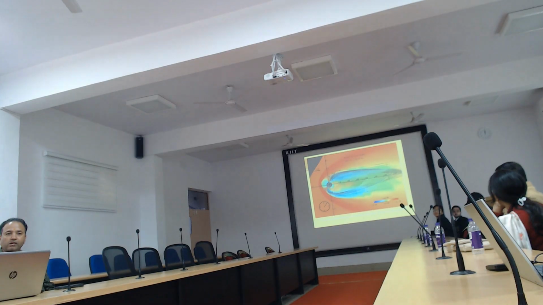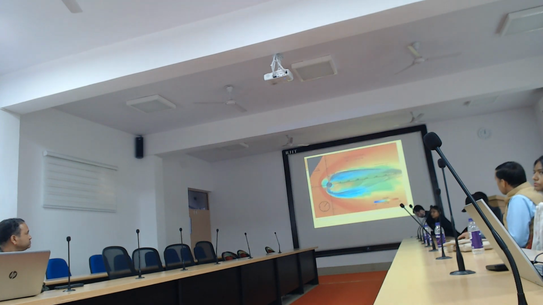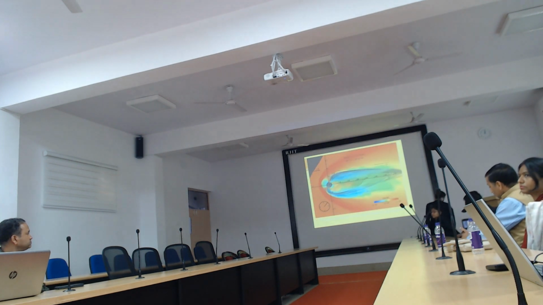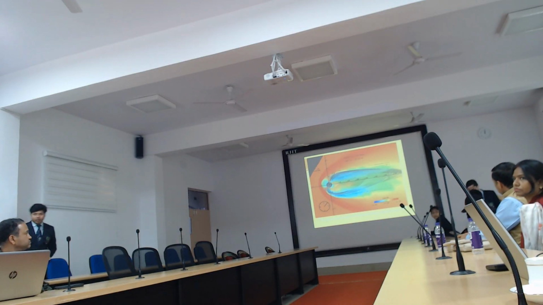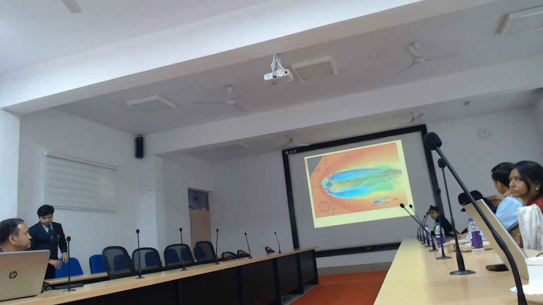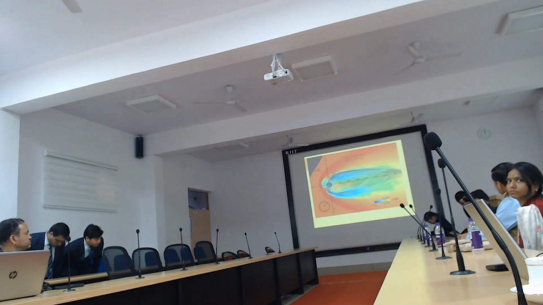So what happens? This is the side from where the plasma is coming. This is sun here on this side. This is our Earth, the polar regions. Anyway, actually, what I wanted to tell you here is that plasma is coming from this side and it interacts with the magnetic field of the earth and causes